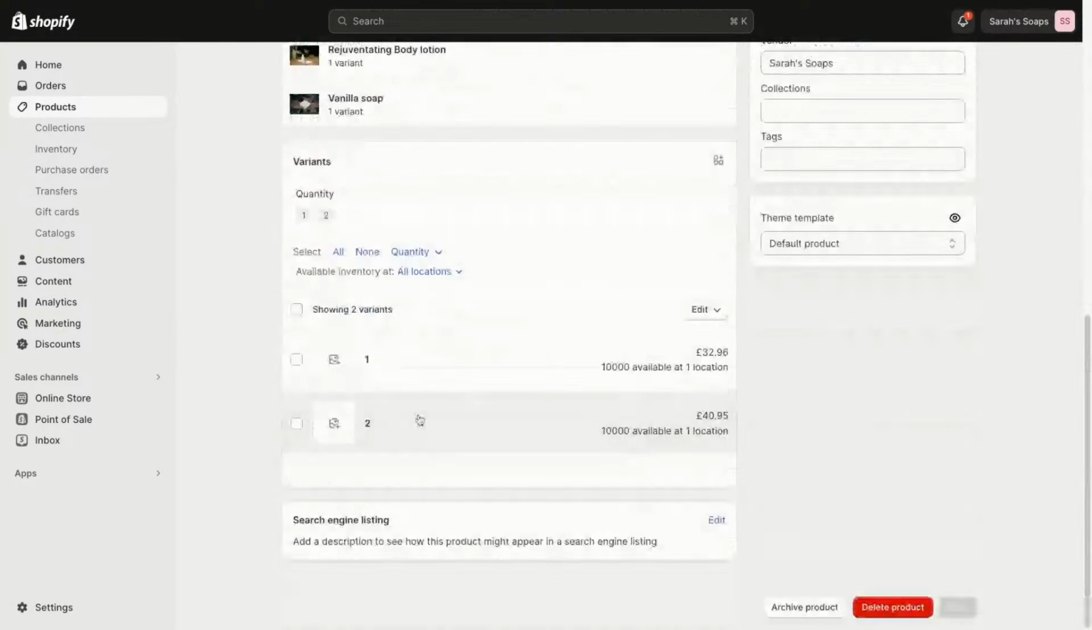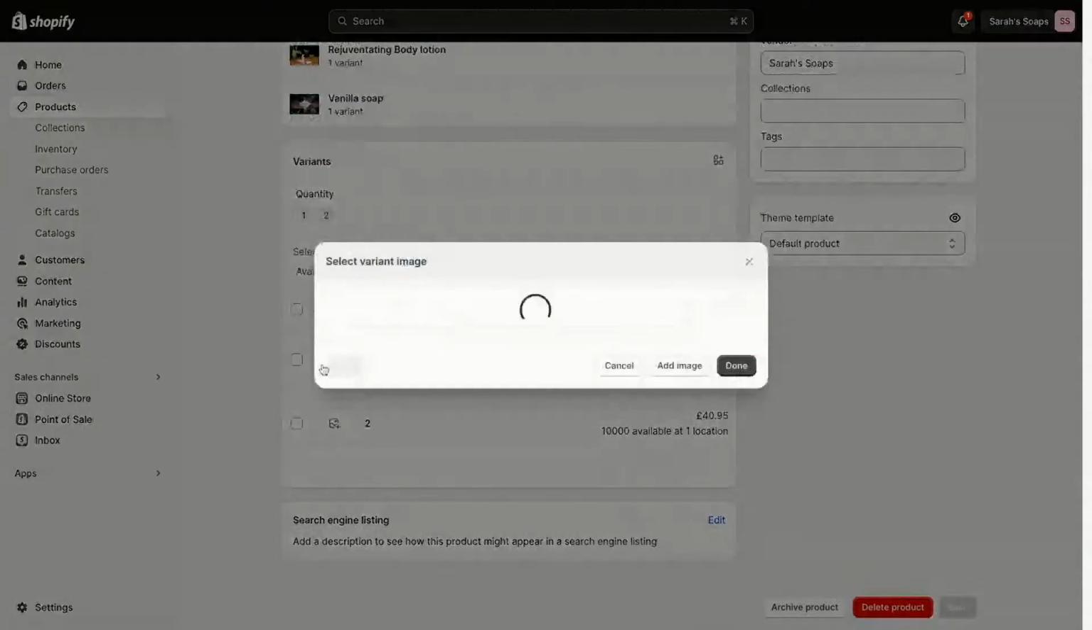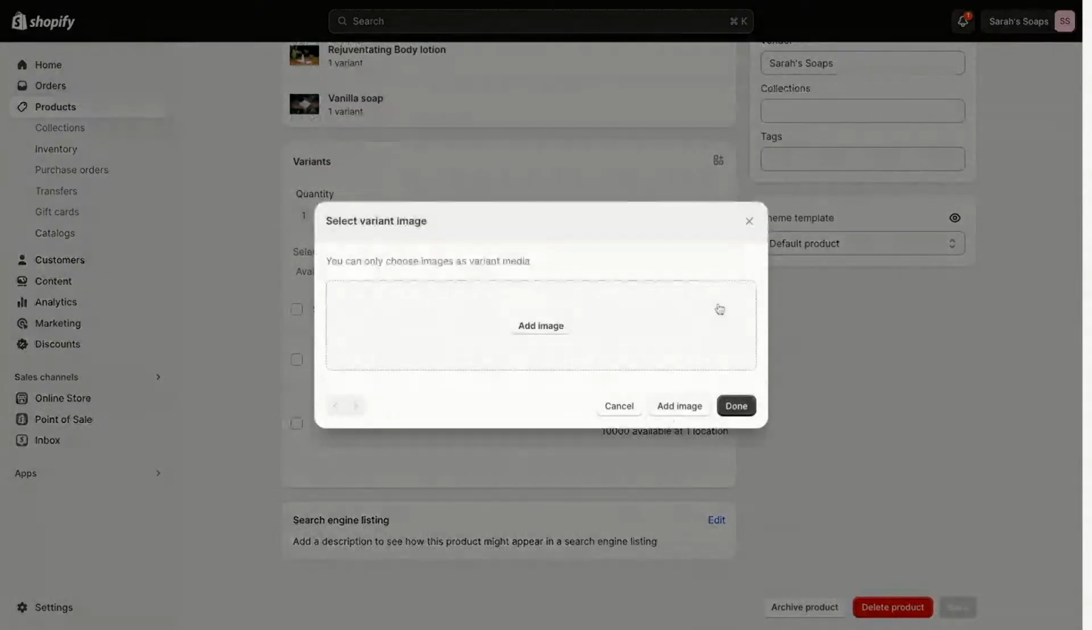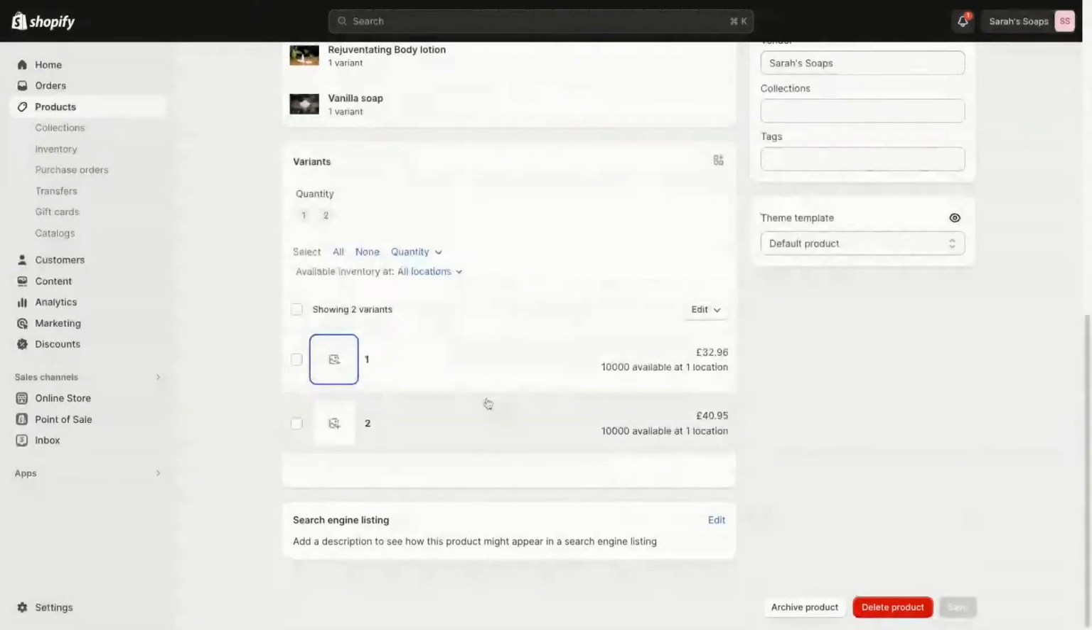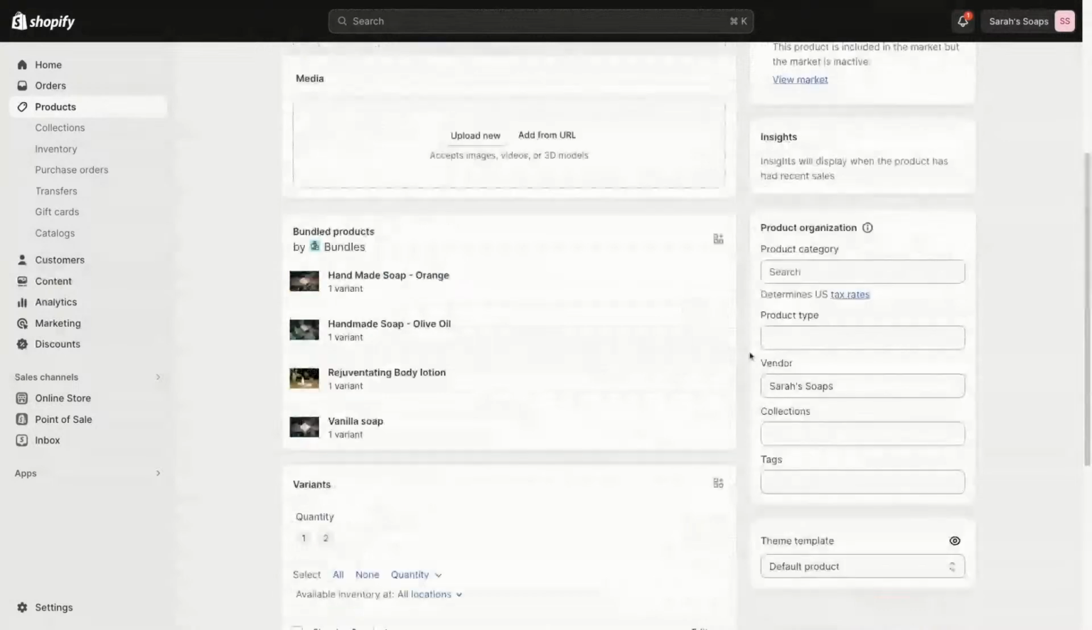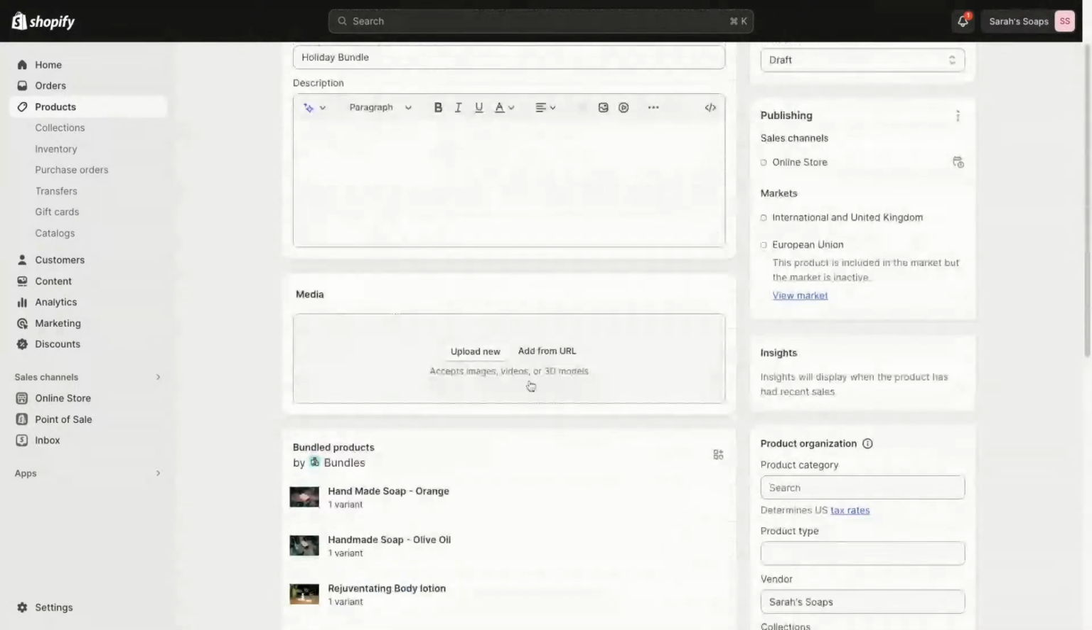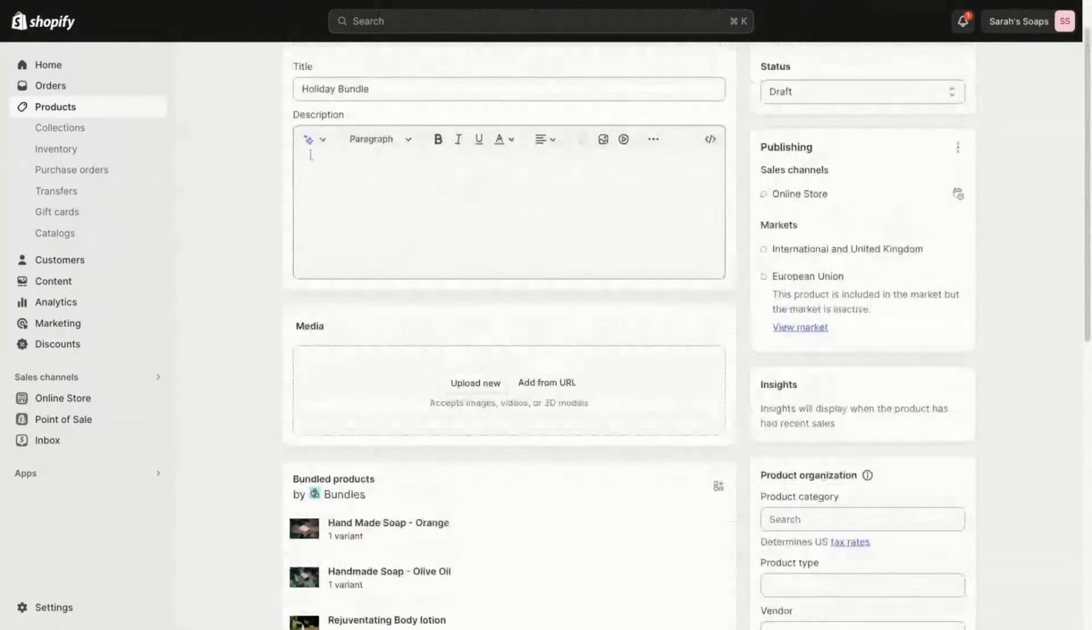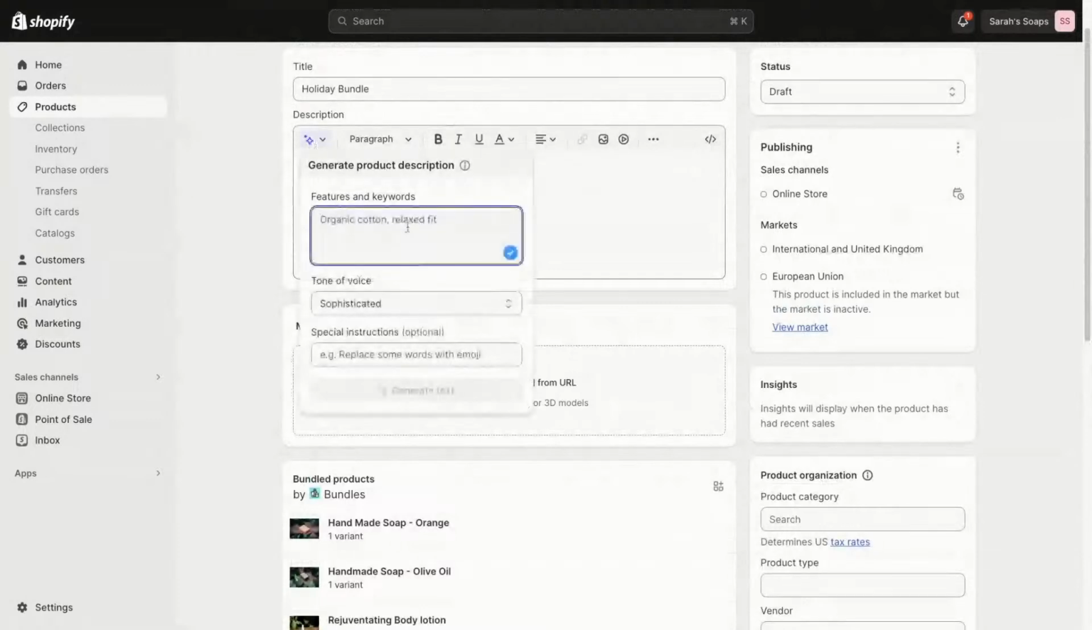And then you can add your image if you wanted to apply for the variant. And then it's pretty much the same as your settings for a regular product. And then, as always, we have our little sparkles here. So it means we can use our Shopify magic. So if we want to do product description, we could say holiday,